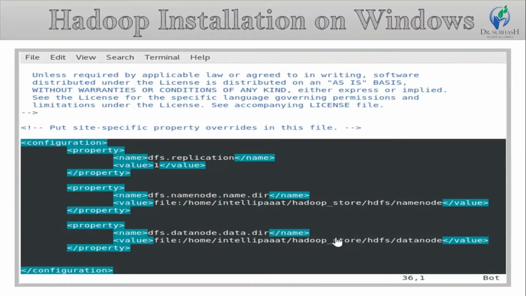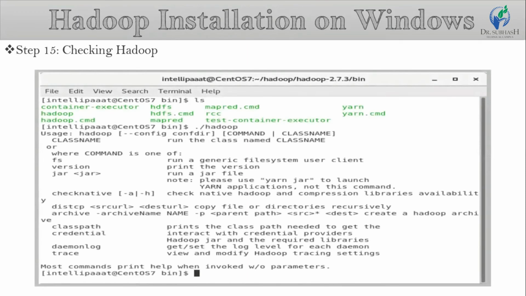Now the configuration is done and the Hadoop installation is done. In step number 15, checking Hadoop. You will now need to check whether the Hadoop installation is successfully done on your system or not. For that, first go to the location where you extracted the Hadoop tar file.